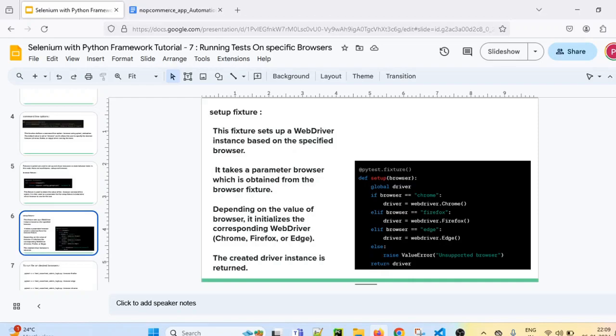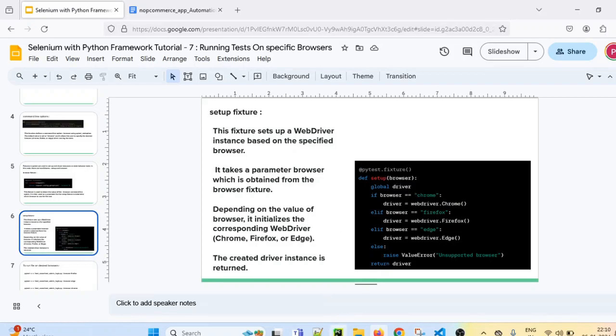We have already called the setup fixture that returns the driver, but now we will add the conditions as per the browser name. We have to create the driver instance for that specific browser driver.